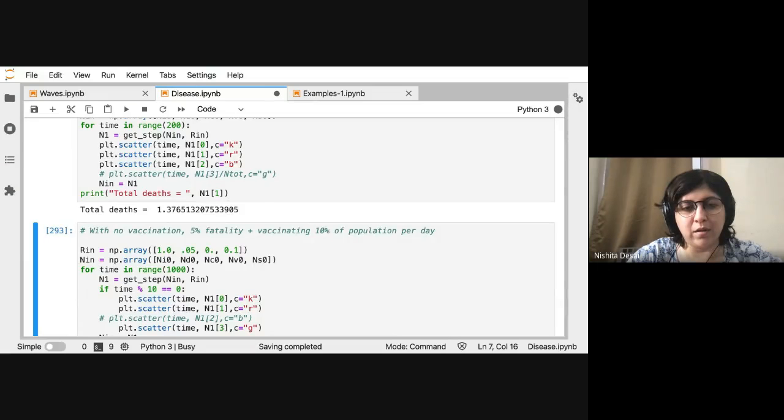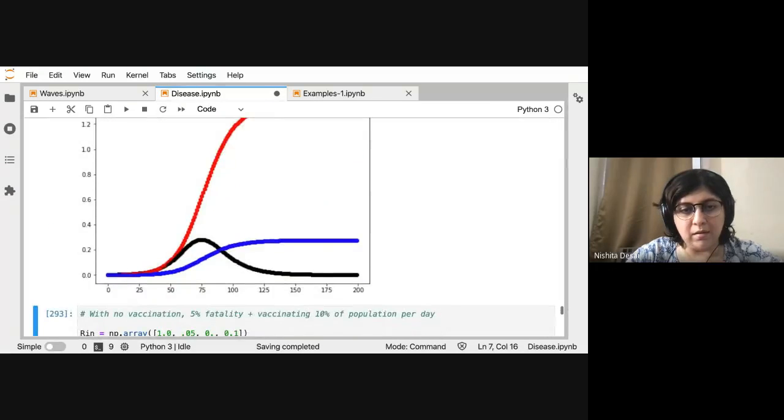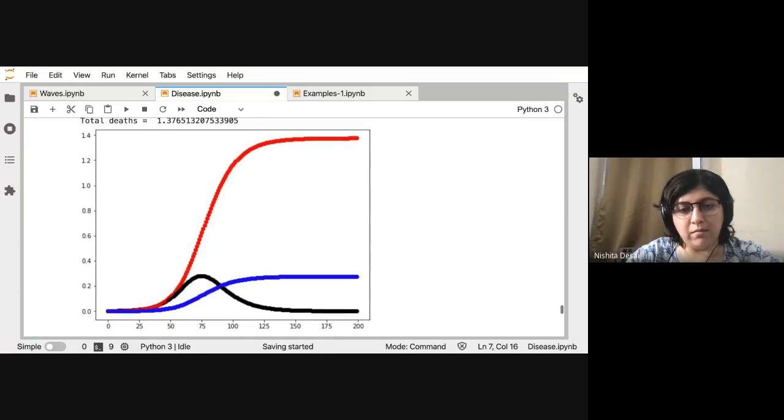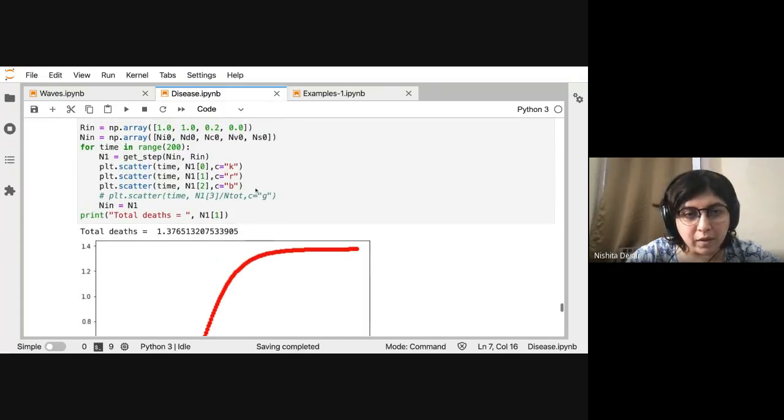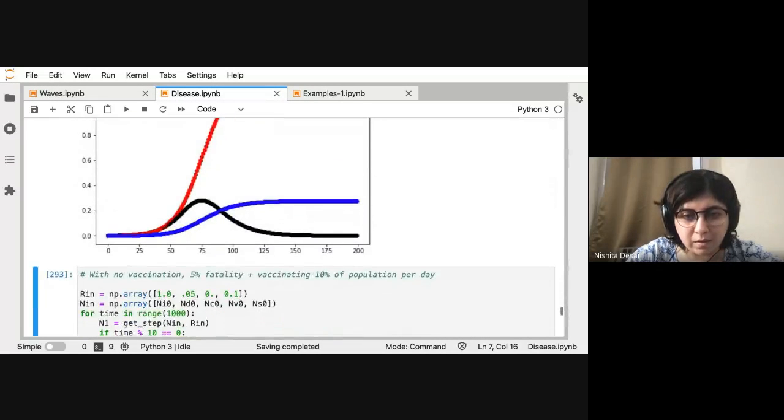Something went wrong. There's more people dead than. Okay, but essentially on day 150 or so, we have this. Yeah, it seems a bit odd.